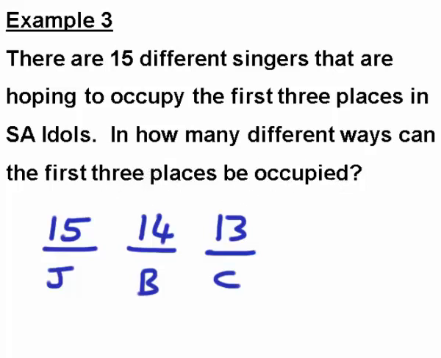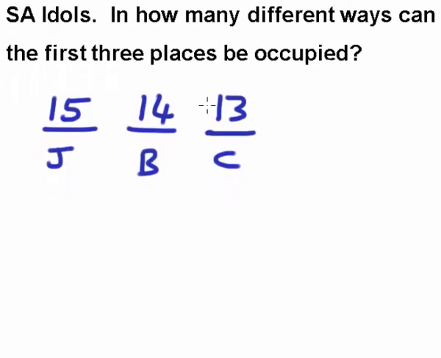So we're not worried about who's winning or second or third. It's how many people could have won, how many people could have come second, how many people could have come third. So from the counting principle, the different possible arrangements would be 15 times 14 times 13,